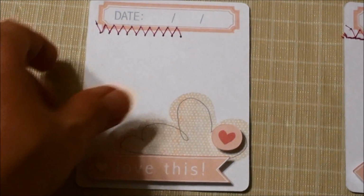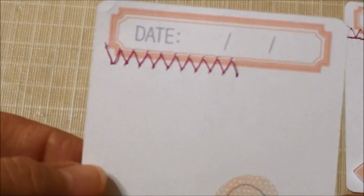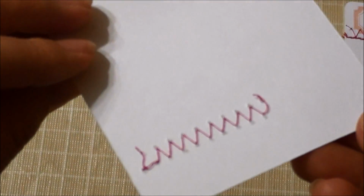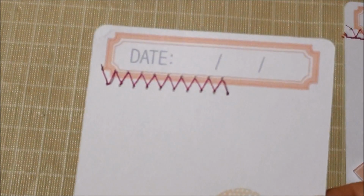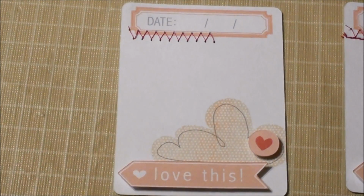It'll just be these put up on pop dots as well as the little heart, and then I just add some stitching right here. I'm going to need to add some clear tape on the back just to make sure that that stitching doesn't come undone. And so I'm going to kind of do this assembly